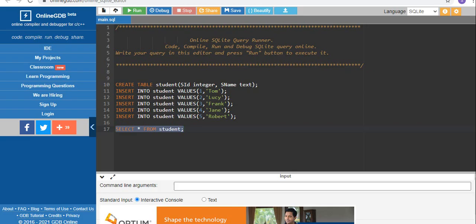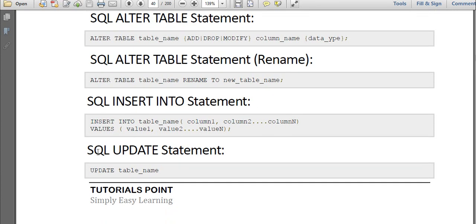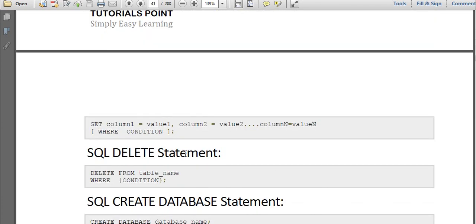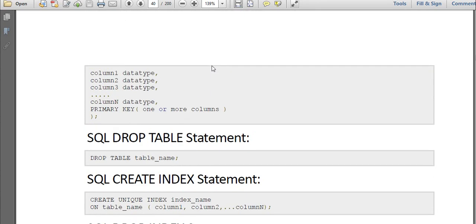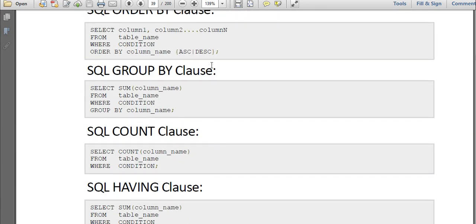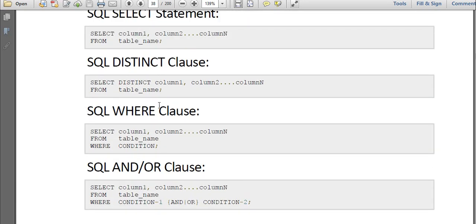So that's all for today's class. Tomorrow we'll see some more commands. Till now we have inserted some values and seen some values. Then how to update the table, we'll see tomorrow. We'll see some commands using where clause, where and distinct, with examples in the next class.